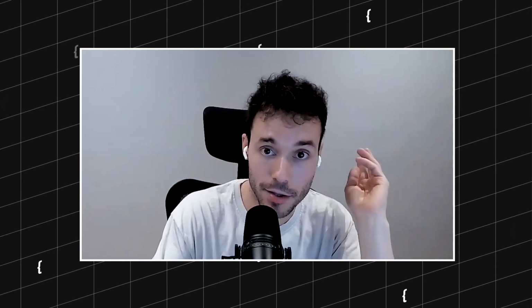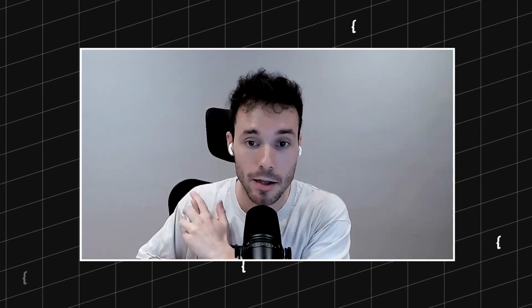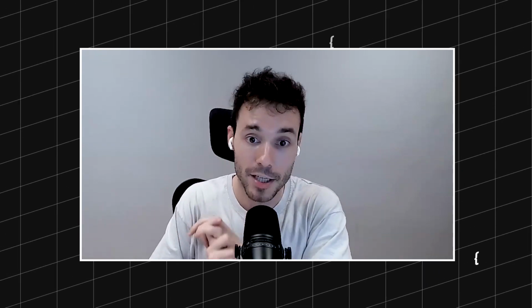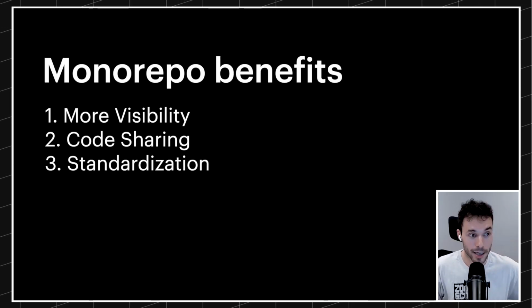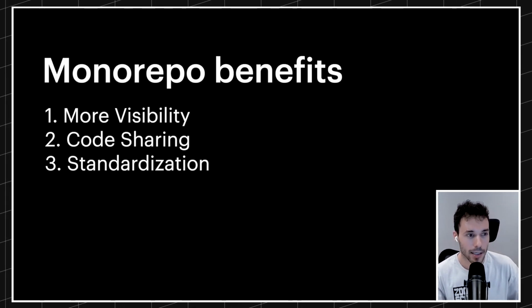You can share the same tsconfig logic. You can share the same ESLint logic. You can share the same type definitions. You can share the same naming conventions. You can just make sure that everything is following the same standards, because everything is under a single place, which also is good, right? And the last one, and actually it's one of the most powerful ones, is that